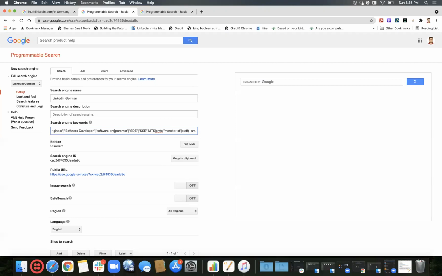Whatever words we are using, with pipe or our: staff, member of, SMTS, MTS, SSE, SDE, software programmer, software developer, software engineer, software development, technology, then Birla Institute, VIT, BITS, Madras Institute, MIT, Vellore Institute, National Institutes, IIT, NIT, Indian Institute, and then again a few keywords like data structures, scalability, distributed systems, algorithms, along with some of the languages like Java, C, C++, Golang, Scala, and all. So these are the basic primary keywords.